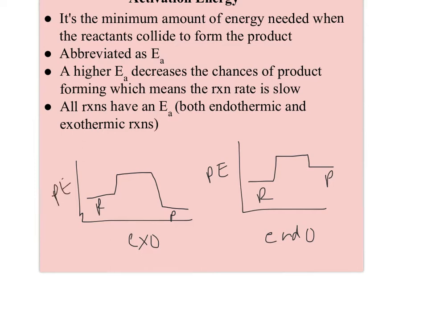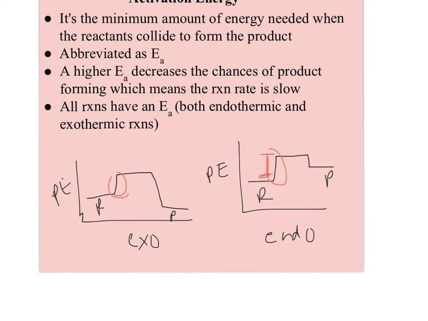In both graphs, what I'm showing is here's the activation energy. Here's how much energy the reactants need to form that product. So the lower this amount is, the faster the reaction rate will be. And in my case, I drew it that the endothermic reaction has a higher activation energy, but it could have